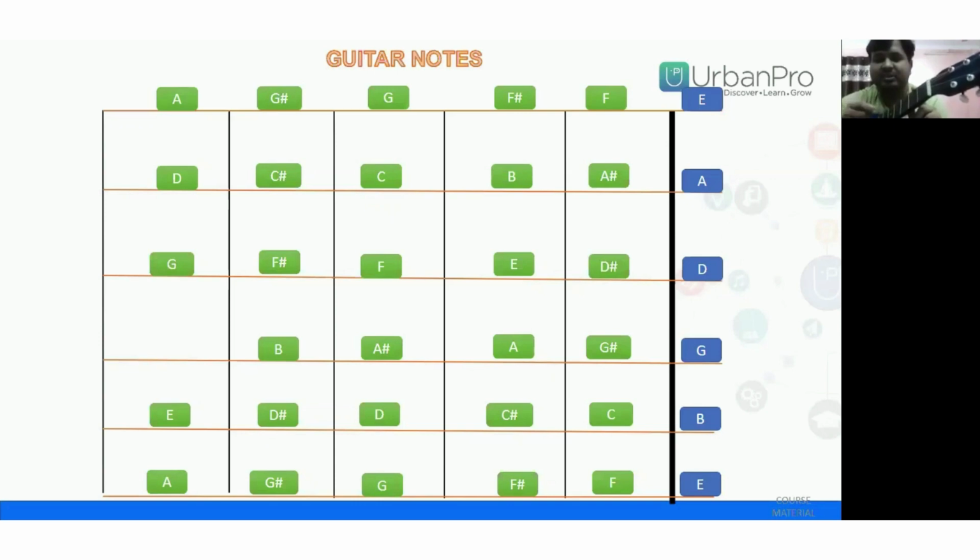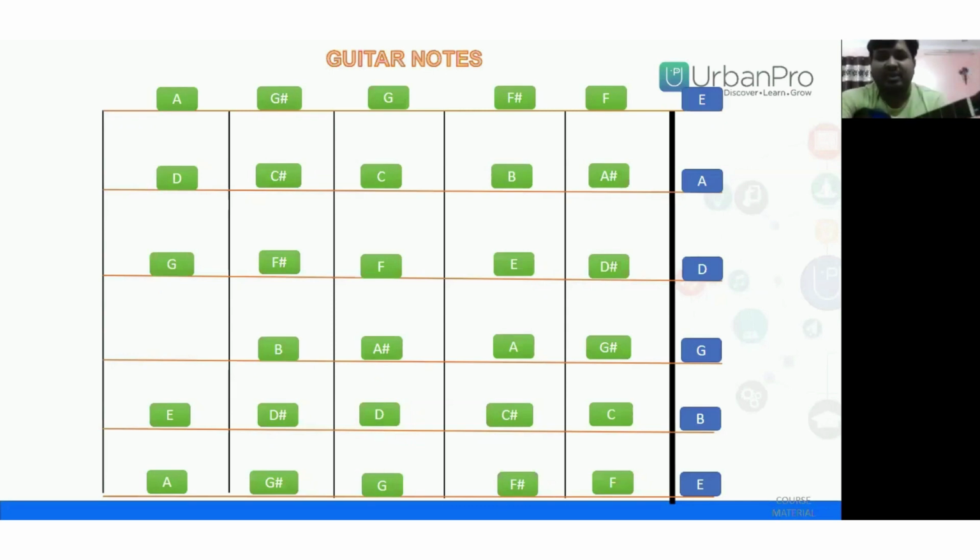But if you put your finger on the first fret, the first fret will be between this thick zone, the fret zone you can see here. If you put your first finger on the first fret of the first string, the E string, then you will get a different sound. When you play open, you get the sound of E. When you put your finger on the first fret, it will be the next note.